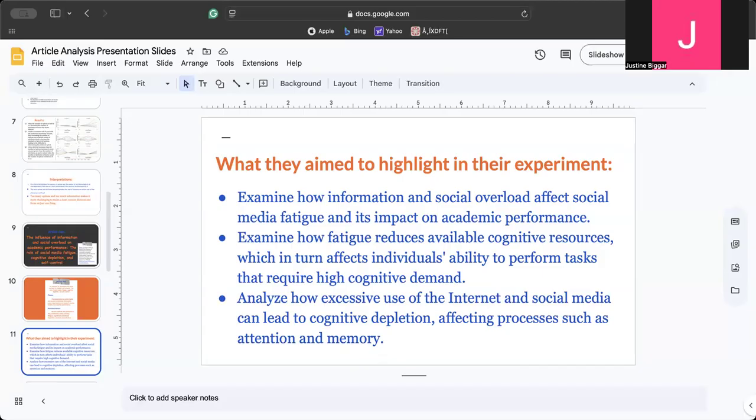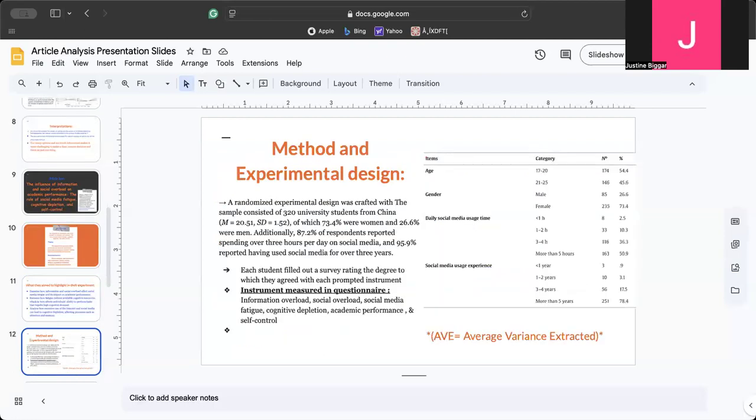They also analyzed how excessive use of the internet can lead to cognitive depletion, affecting processes such as attention and memory. I know that all sounds like the same thing in different words, but it is slightly altered, but it is also connected. So their methods, they